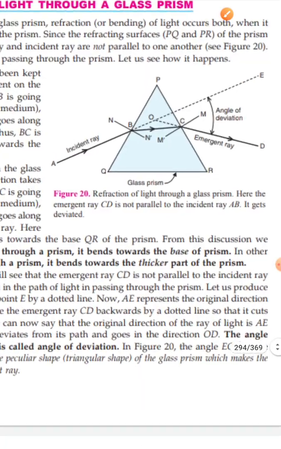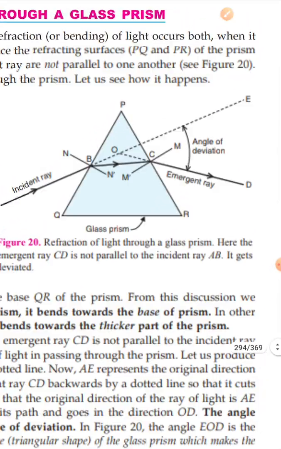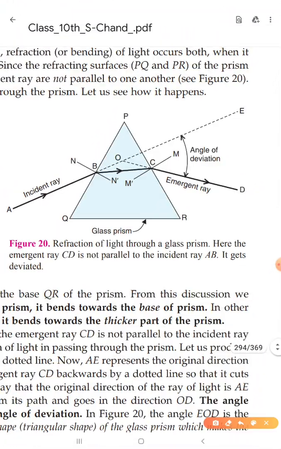Now we can understand this with the diagram given here. This is the incident ray, and this is the point of incidence. At first this incident ray refracts from this point like this, and after that it refracts here, because here are also two media. So this is the last ray, and this last ray is also called the emergent ray. This is an important point. This ray is the emergent ray, and this is the incident ray.